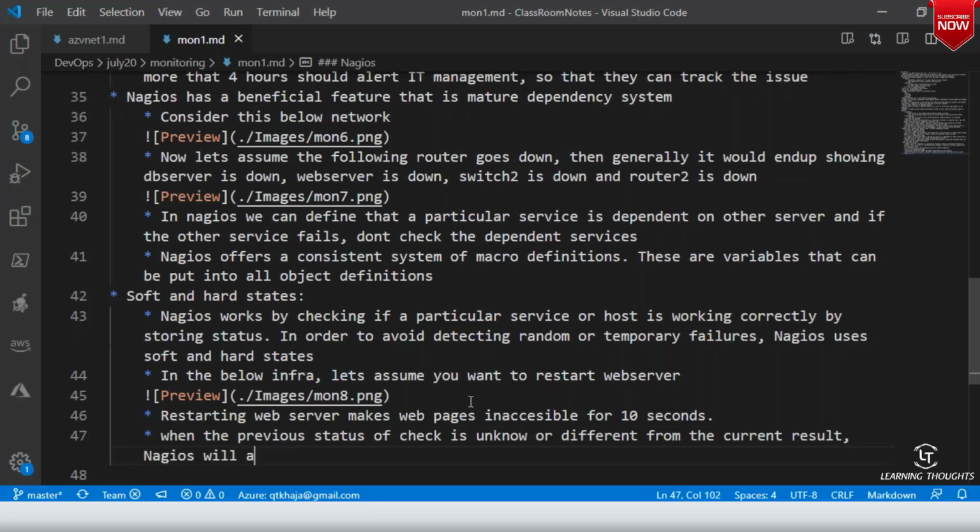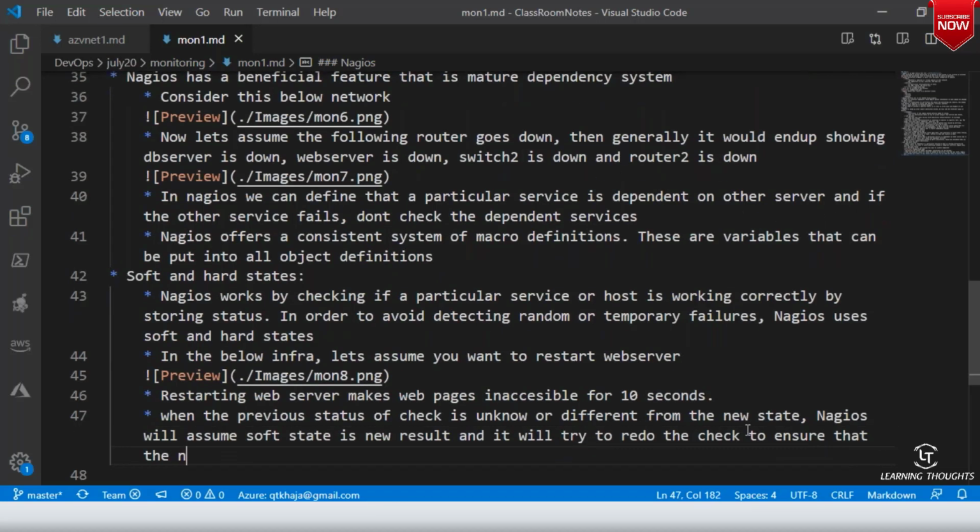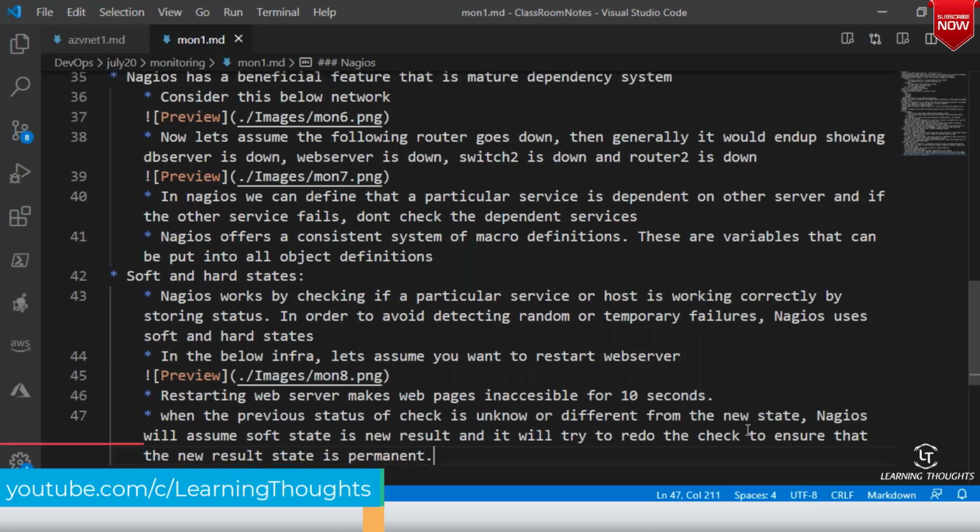Nagios will assume a soft state is the new result, and it will redo the check to ensure that the new result state is permanent. This permanent state is the hard state.